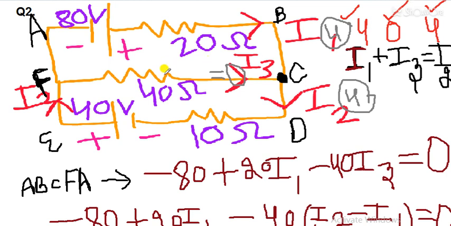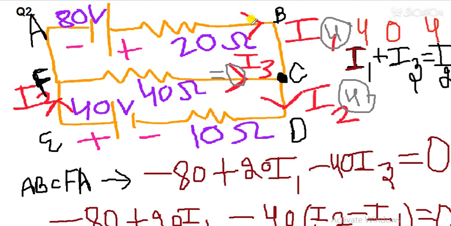So in the question it can be asked to find the value of current flowing through 20 ohm. I1 current is flowing through 20 ohm, that means 4 ampere current is flowing through 20 ohm resistance. He can ask you the current that is flowing through 40 ohm. So your answer for the 40 ohm will be 0, because I3 is equal to 0. So we have solved this question. We had to find three values of current in this question.